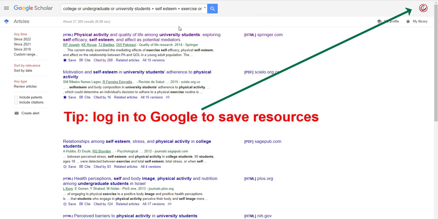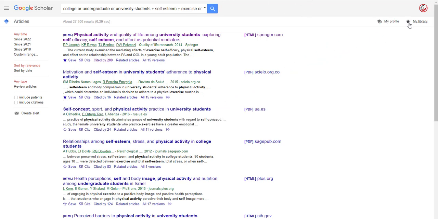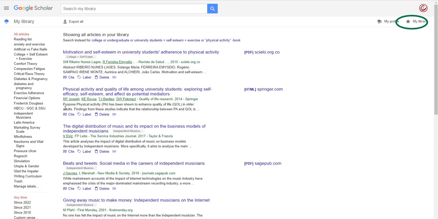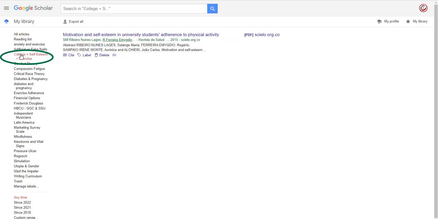What happens from here, if I want to go back and view those articles, see the star button over here, click on my library. Once I get to my library, I can find my folder. These are all the folders I've created for different research projects. This is my college and self-esteem folder. So I can click here, and there is that one,